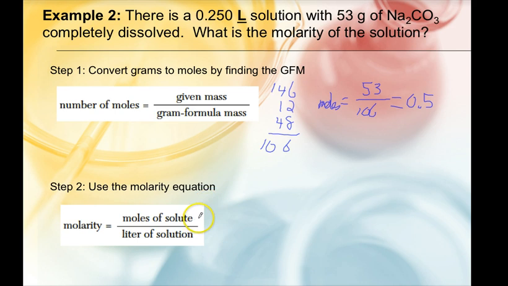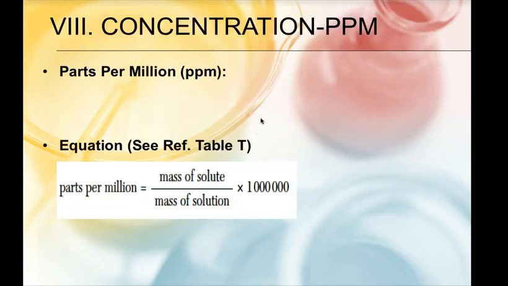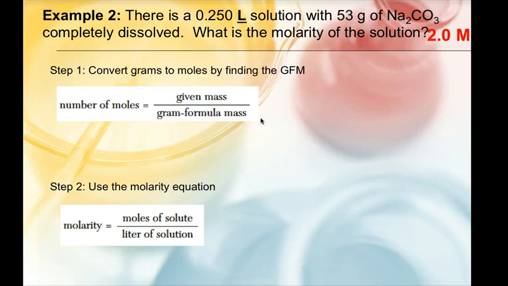So now we plug this in. We're going to put 0.5 over 0.250 liters, and we're going to get 2.0, as you can see here, as the answer. 0.5 over 0.25 would give you exactly 2. Okay, so that is the end of this lesson. Next one will be